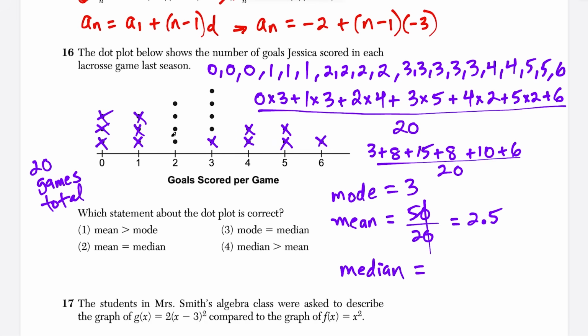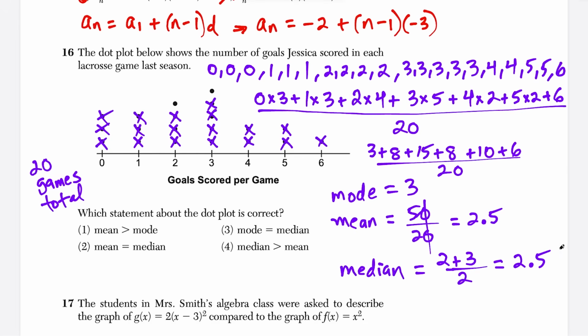Okay, so now I'm back on the left, and maybe now I'll do 2 at a time. So I'll do 1, 2, and then I'll do 1, 2. And then I'll do 1, 1, and notice that I have an even number left. And when you have an even amount of data, what you have to do is take the average of these two. So the median is actually going to be 2 plus 3 divided by 2, and 5 divided by 2